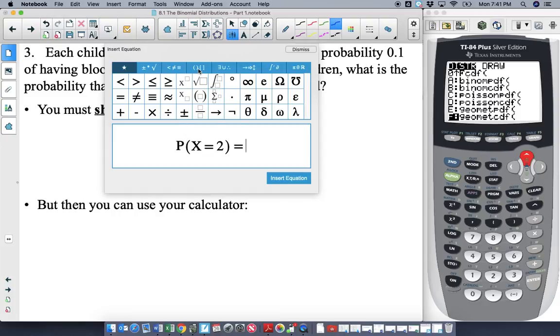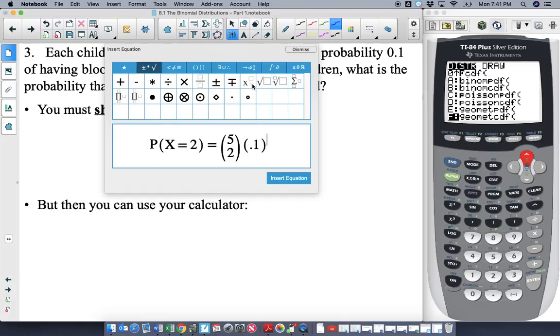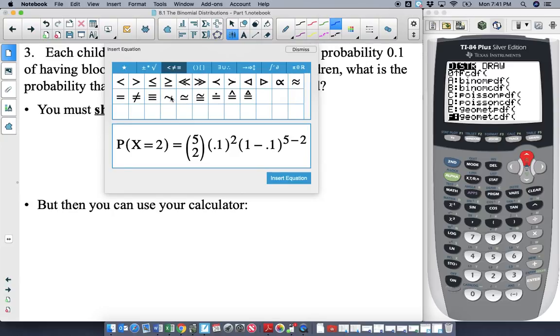That is then equal to 5 choose 2, times the probability of success, which was 0.1, to the second power, times 1 minus the probability of success, 0.1, which is 0.9, to the 5 minus 2 power, which is to the third power. So this is approximately,